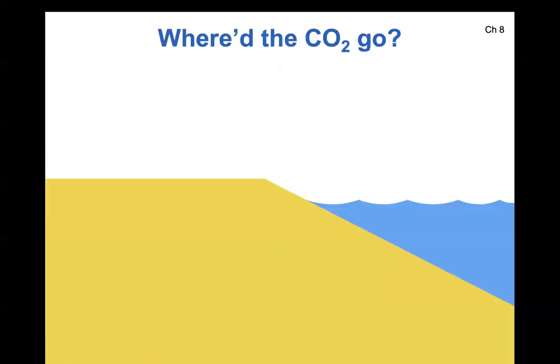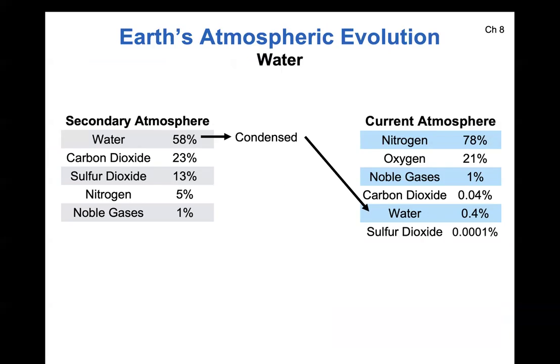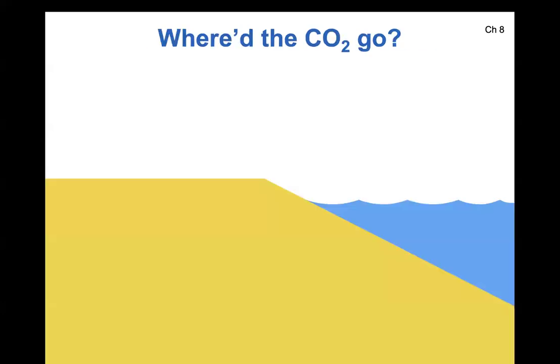All right. But where did the CO2 go? Because the CO2 was 23%. It was the second most common component of the atmosphere. Where is it today? And, you know, in contrast, if you look at the Martian atmosphere, which is very thin, it's primarily CO2. If you look at the Venusian atmosphere, which is incredibly thick, so Venus has this crazy thick atmosphere over 100 times thicker than ours, which keeps the planet just boiling hot at the surface. Well, it's also primarily CO2. So literally the two very different planets of Mars and Venus have mostly CO2 atmospheres.